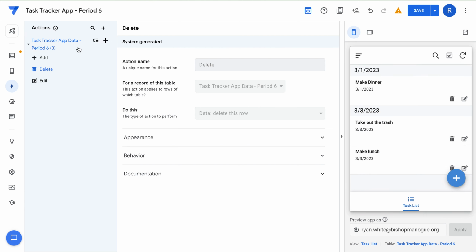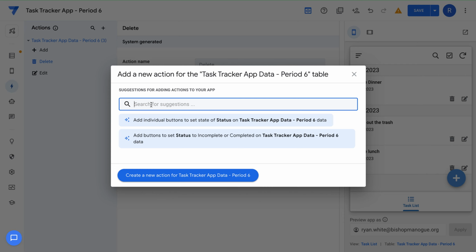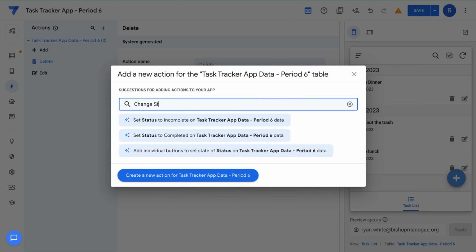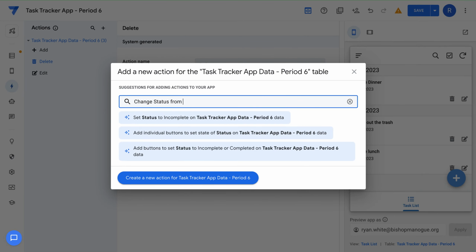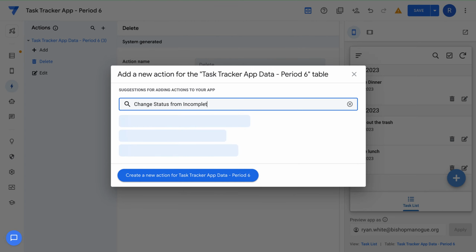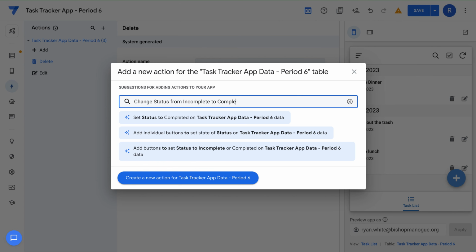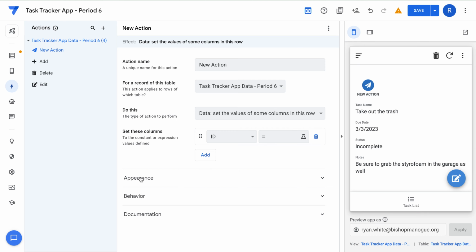What we're gonna do is add another action. So if you click on this little plus sign here, it's gonna say, what kind of action do you wanna add? And I'm gonna say, change status from incomplete to completed, right? I want to change that status, okay? And you can see it puts in a new action here, right? Now it doesn't have a really good name to it, so we're going to go over here and change it from new action, and we're going to say complete,